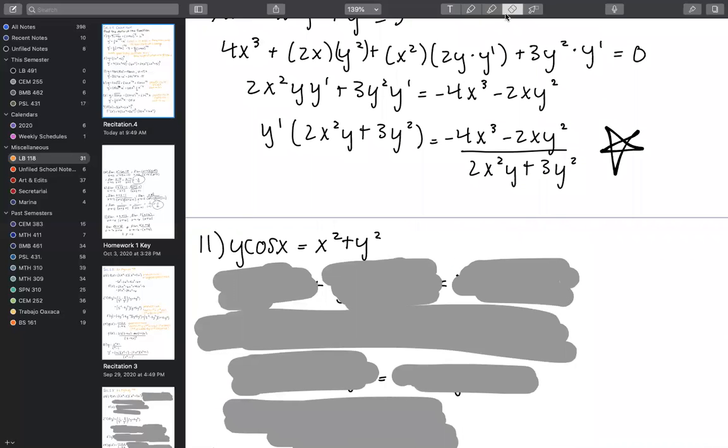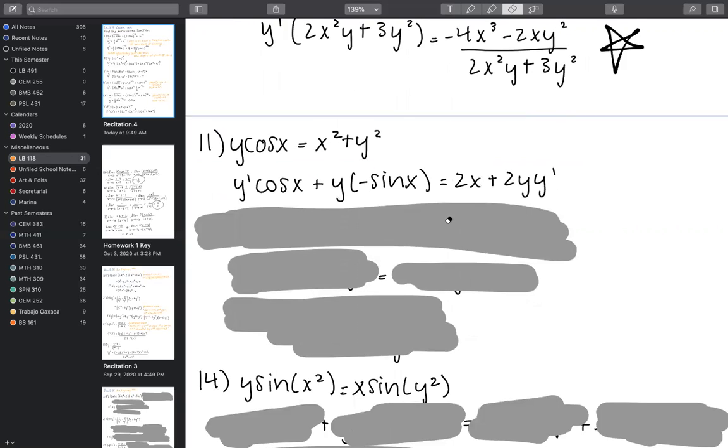So first, we're going to start with the product rule. And then we also make note of the fact that the coefficient of cosine of x is also a function. So that's going to change the way that we do this. Not really. Derivative of the first times the second plus the first times the derivative of the second, remembering that the derivative of cosine is negative sine x. Then you can probably just picture this without even thinking about it. It's going to be 2x plus 2y y prime.